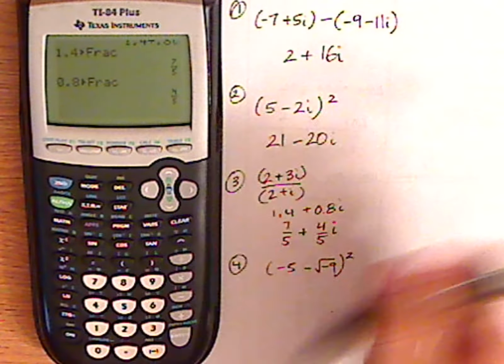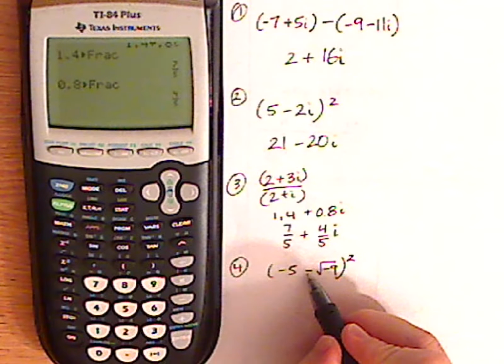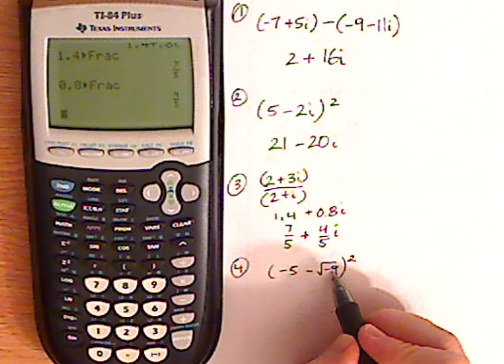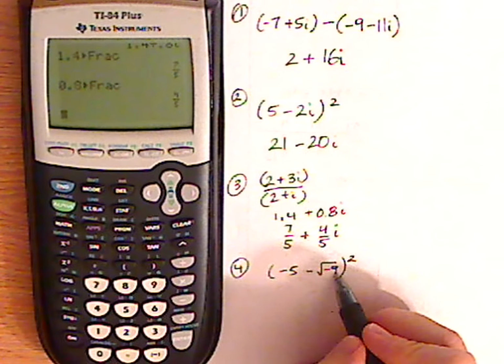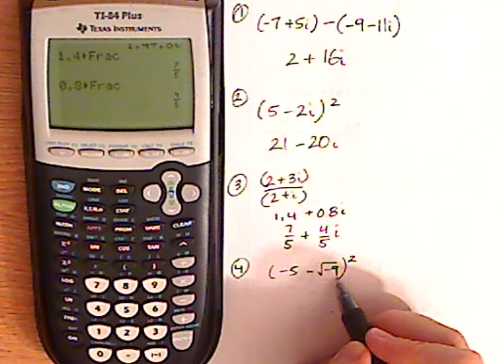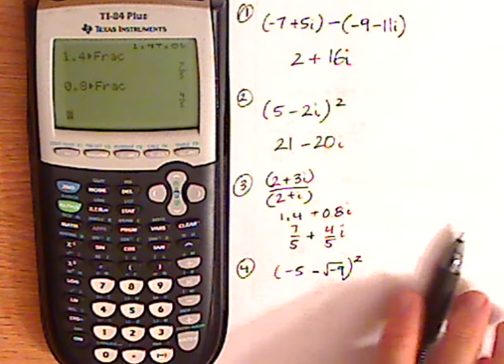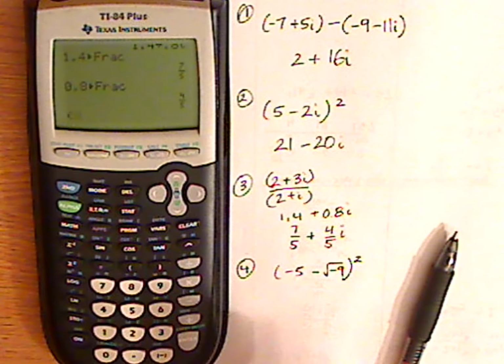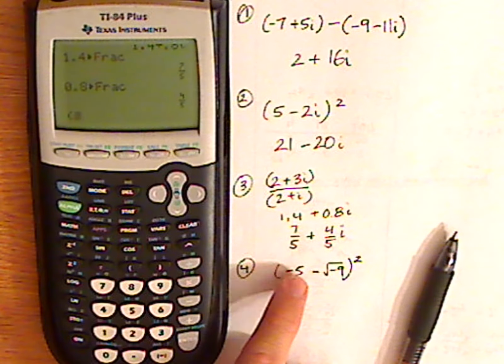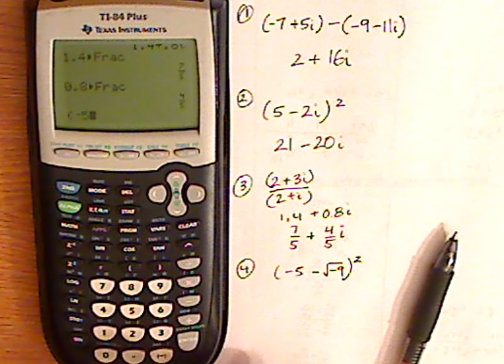Now what about this? This is a negative sign minus square root, and underneath that square root it's a -9, close parentheses, and then raise it to a 2. So how do you type that into your calculator? So parentheses, push the negative, since it's in front like this, means it's a -5. So -5